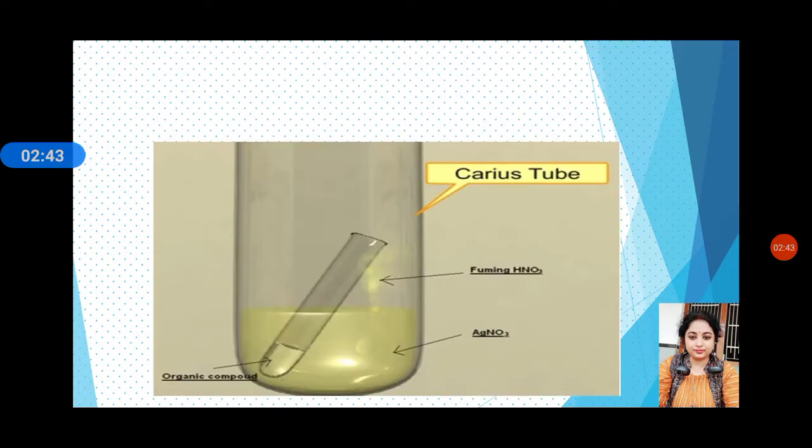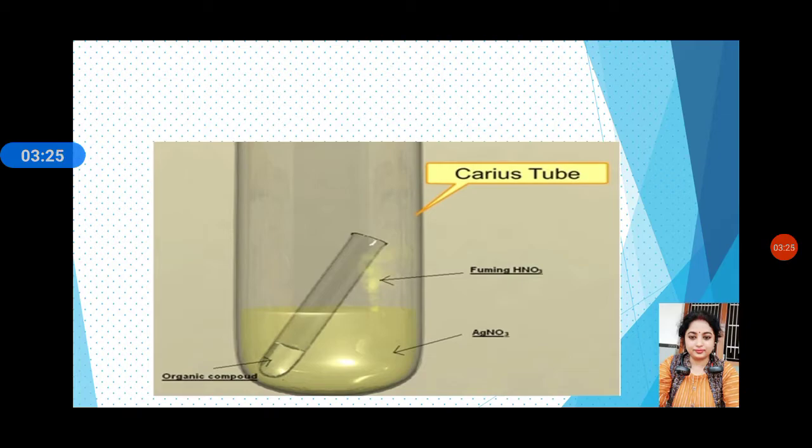Now let's see how we have to do the process. What will be the procedure? In this, we have to take a glass tube, a long glass tube, 50 centimeter should be its length, and 2 centimeter diameter is taken. When we purchase or collect the apparatus to do any experiment, we keep in mind what should be the length, what should be the capacity. According to that only we select our apparatus and then we proceed with our work. So 50 centimeter length should be the length of the glass tube, and diameter should be 2 centimeter,